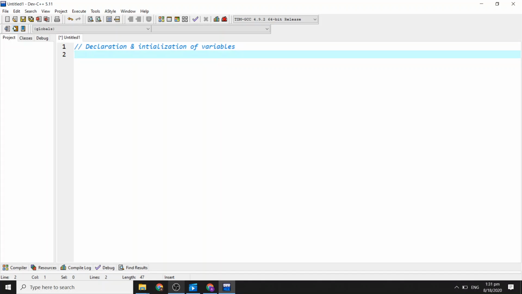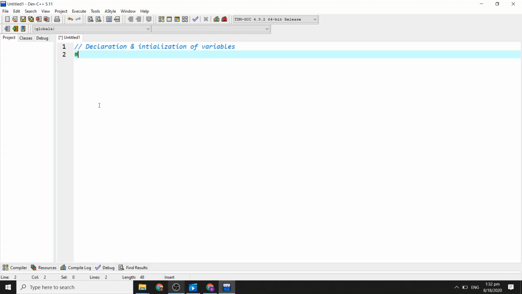The first line that I'm going to write for my program is actually a single line comment, and it is a non-executable statement. It is just for the information of the programmer about what we are going to do in our program.